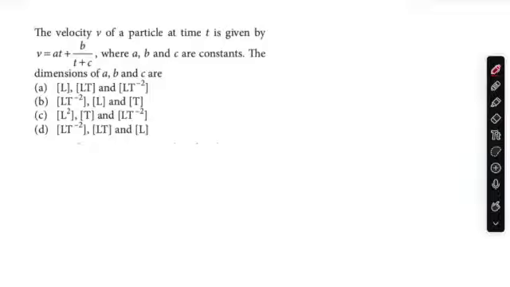Today we are going to solve a problem related to dimensions, particularly dimensional analysis. And we're going to look at how we can figure out the dimensions of certain unknown quantities in an equation. For this, we're going to use what is known as the principle of homogeneity of dimensions. So according to the principle of homogeneity of dimensions,